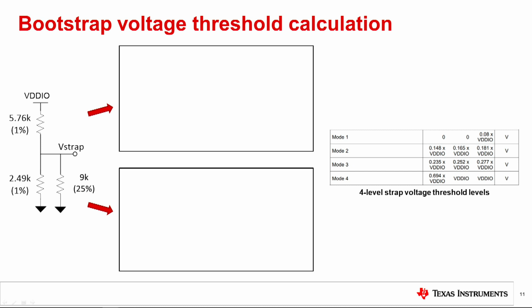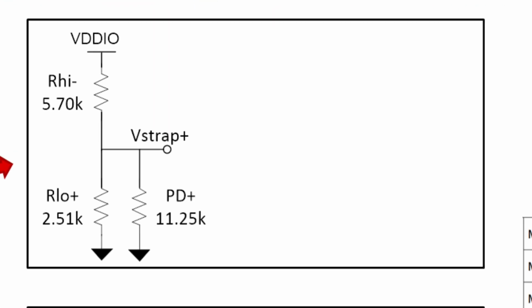When the PHY is sampling the potential, the strap resistors and internal pull-down can be simplified as a voltage divider. To verify the resistor configuration will hold the device in the desired mode, we need to determine the maximum and minimum possible potential values to be sampled by the strap. Remember that the real resistance of the resistors may fluctuate based on tolerance. For this example, we'll refer to the internal pull-down resistor as PD and the external resistors as R high and R low. The maximum voltage on the strap, V-strap plus, occurs when R low and PD form the highest equivalent resistance, REQ plus, and R high is at its lowest resistance, R high minus. Based on their tolerances, these values can be calculated as shown.